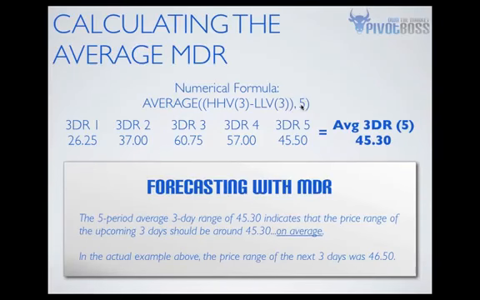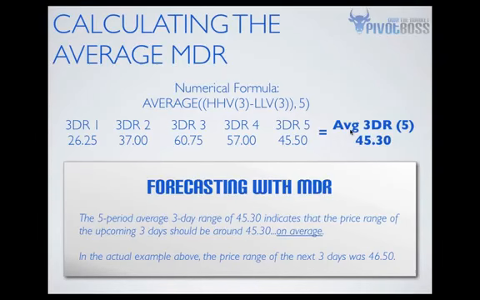Put a 10 here or a 20 here. Just know the smaller the number that goes here in terms of how many periods you're smoothing this out on, the more accurate it's going to be in terms of calculating or incorporating recent market behavior, recent market price volatility. But when you have this 3-day range calculated as a 45.3, you can then use that information to forecast potential